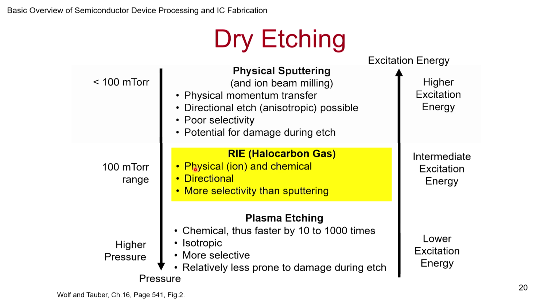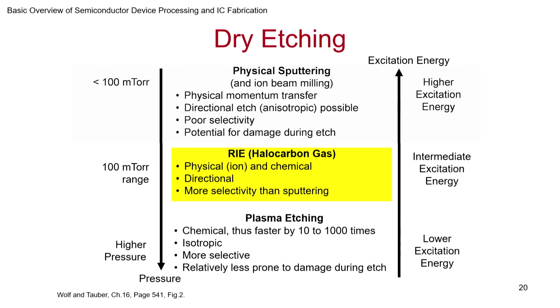So a combination of those, and you have levers. Sometimes you can have more of the physics and less of the physics, more of the chemistry, less of the chemistry, and so on. So you can make it directional, and you can have it more selective. You can have more selectivity as well.